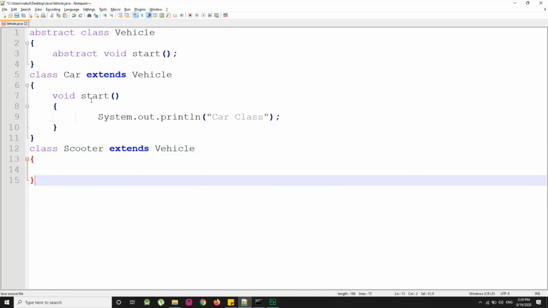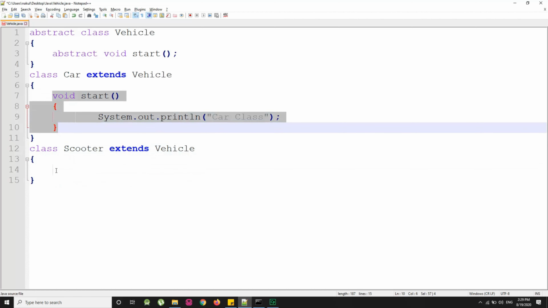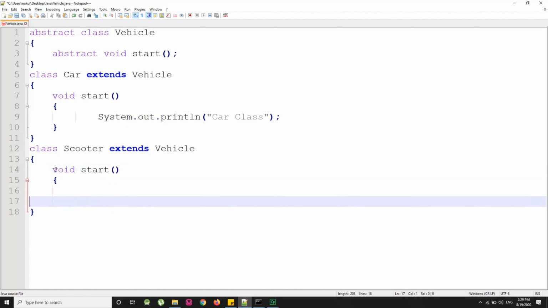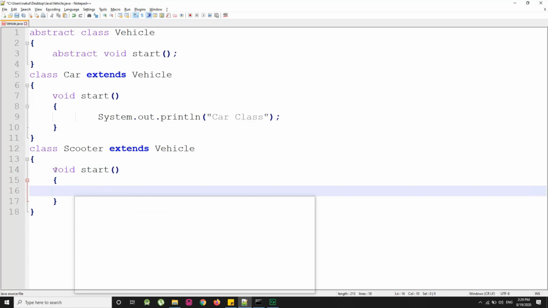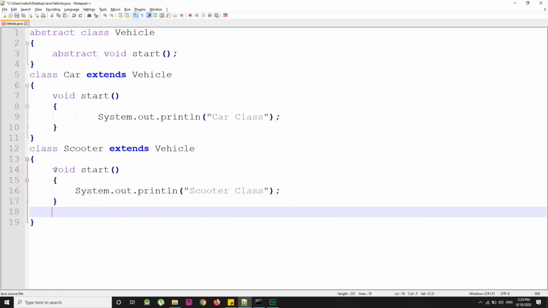Again I have to declare the body of this abstract method, so I write void start, and in its body I print scooter class, with System.out.println and in brackets, scooter class. Okay, and then I am going to create the main method here by public static void main and String args.